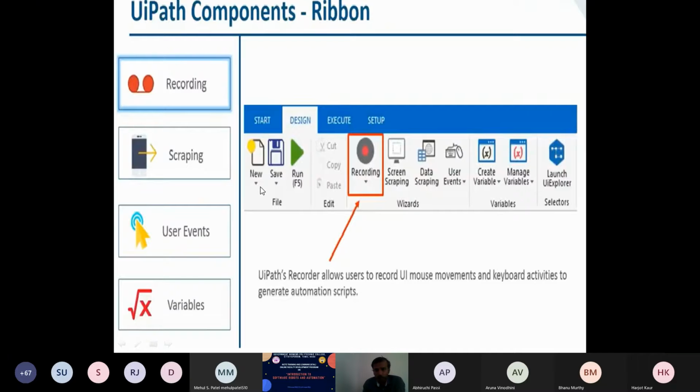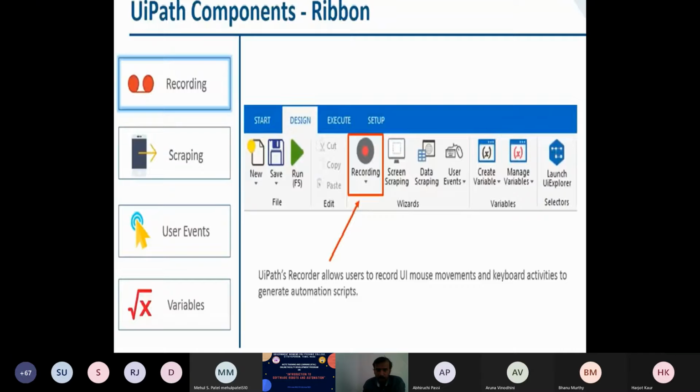What is new doing is that when you click on new, you'll get some options like sequence, flowcharts, etc. You can select from that. When you start working with the project, you just click on new and take whatever is necessary. Once you think you have finished your project, you just have to save your project, as we do in all other environments.